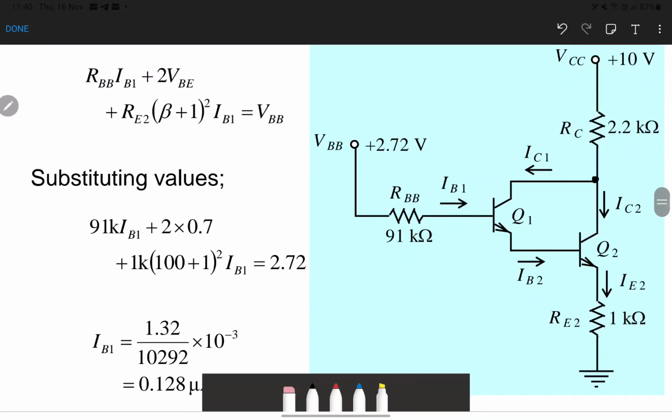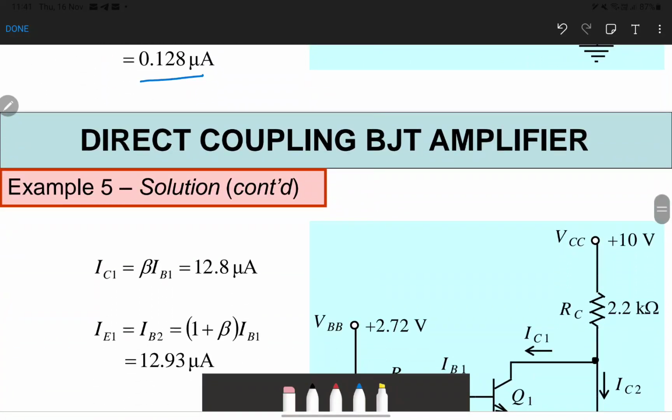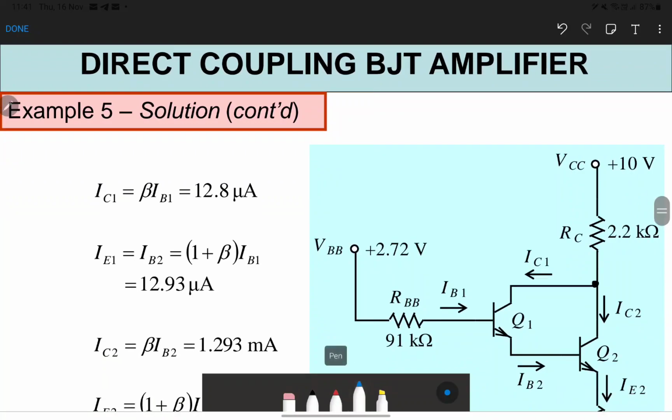Okay, you are replacing the value and then you can find the IB. So the total IB is equal to 0.128 microampere. So after you got the IB1, now you can find the IC1 and IE1, where the IC1 equals beta IB1. So you got 12.8 microampere for IC1, and IE1 is located same at the IB2, so 1 plus beta IB1, we got the IE1 and IB2 equal to